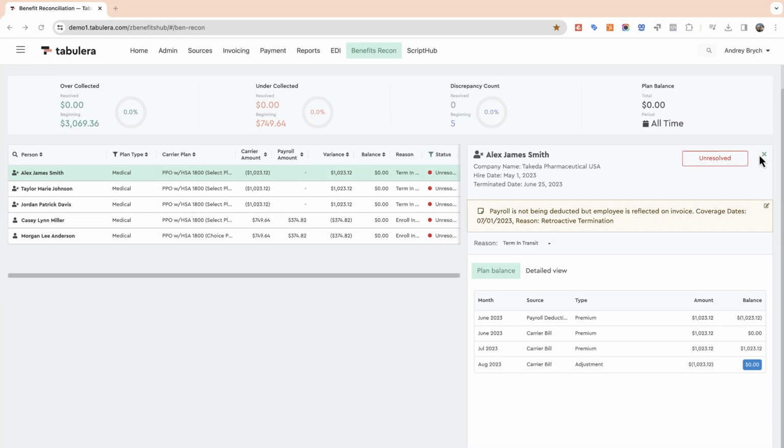We can also observe that this employee is listed on the carrier's July invoice, so the system has marked the variance as a termination in transit. This discrepancy likely arose due to a retroactive termination, as it occurred after the July invoice generation date. To confirm this, we can review the invoice to ensure it was generated after June 20th. Although this employee won't be on the upcoming July